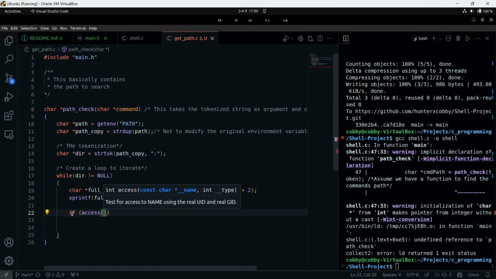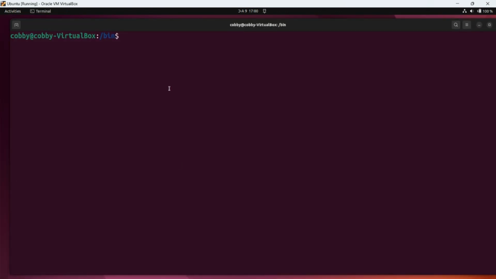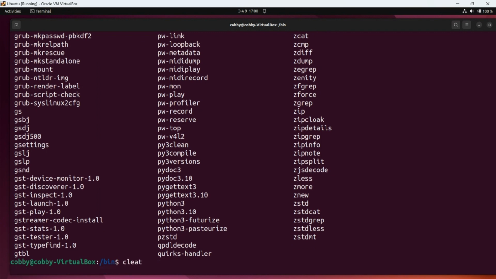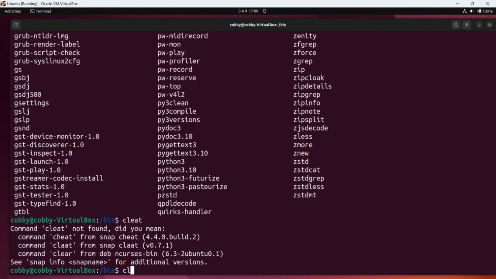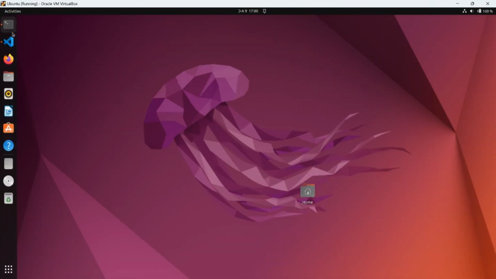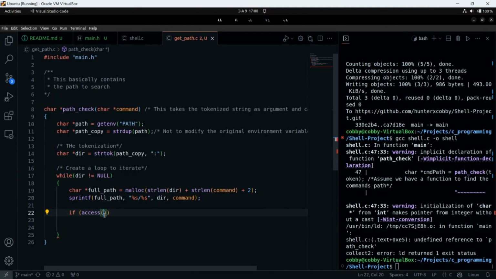Can a full path be executable? Yes, basically yes. So a full path can be executable. So what we want to do is check if the full path is executable. So let's pass full path to it.